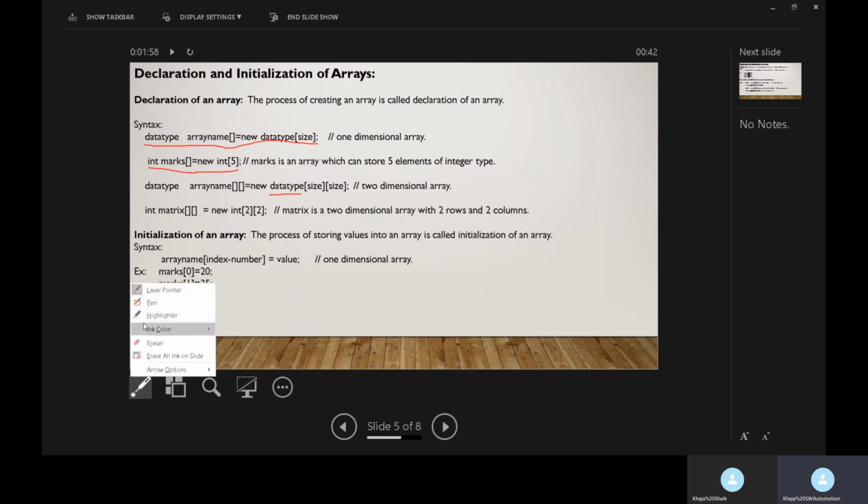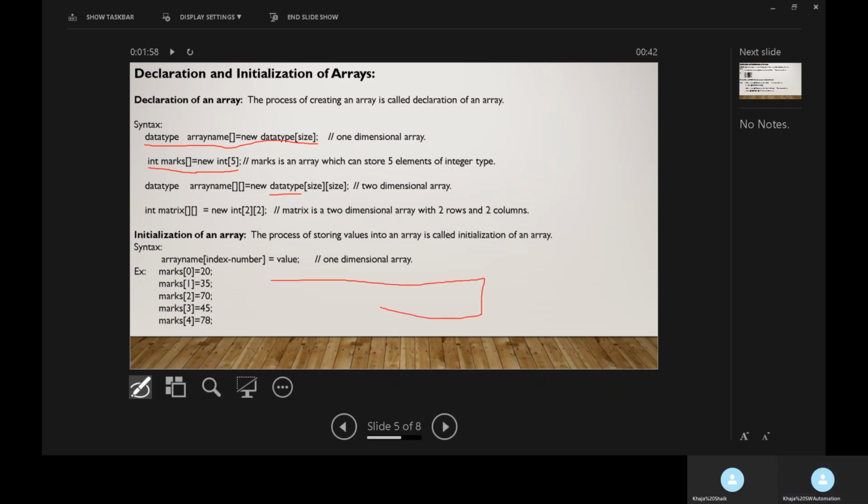Here we have created a single dimensional array with 5 locations. The array name is marks.